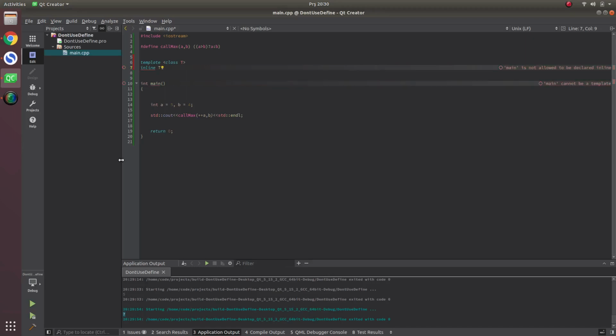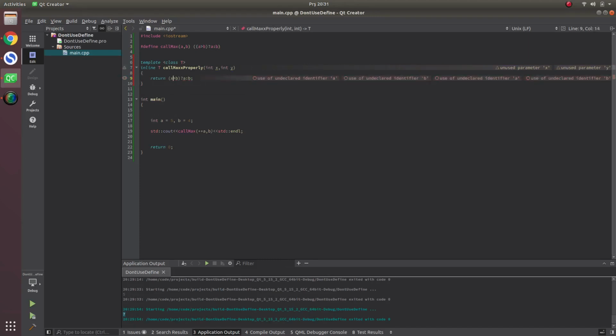Let's call it max properly, taking x and taking y, and returning the result of this ternary operation. These are x, these are y. Yeah, let's call max properly now